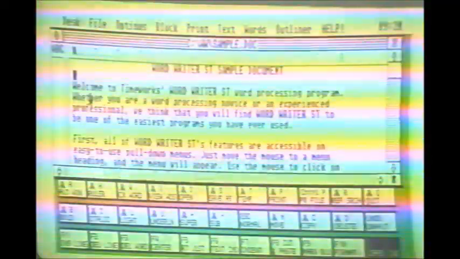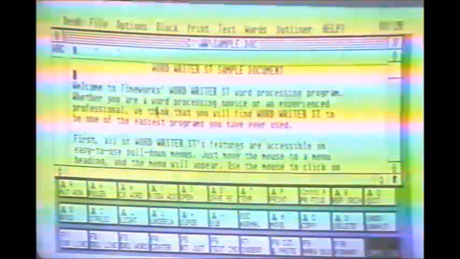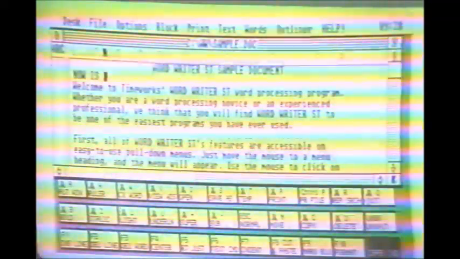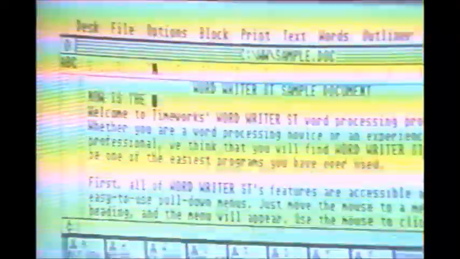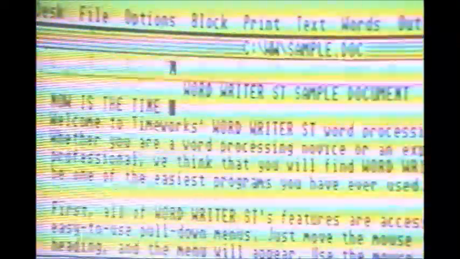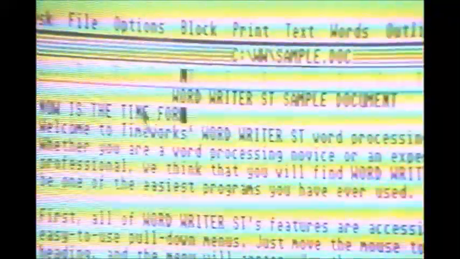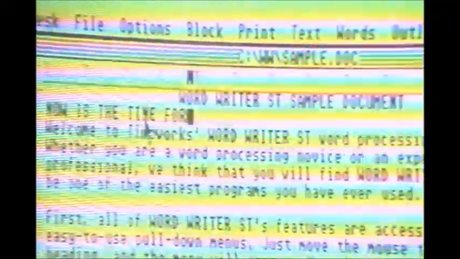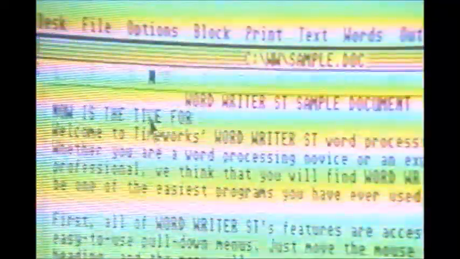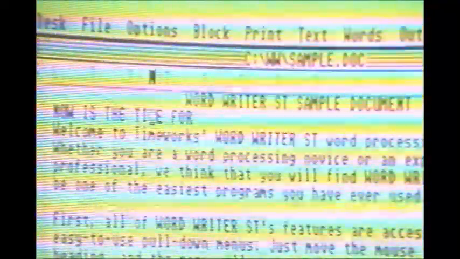See this black rectangular shape? Sure. Okay, that's called a cursor. As I type, I'm not much of a typist, but you don't have to be with these systems. As I type, the letters appear from where the cursor is. If I make a mistake, I can correct it very easily. For example, "now is the time." I want "the time." I'm going to put the pointer on the end and hit the button. My cursor jumped on top of the N. Now I can hit the delete key on the keyboard and delete the N,